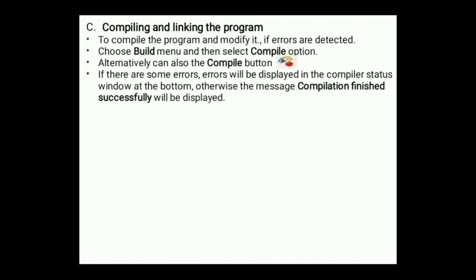Alternatively, you can also use the Compile button. Two methods are there: first, choose the Build menu, then select the Compile option; otherwise, click on this Compile button in the toolbar. If there are errors, they will be displayed in the compiler status window at the bottom. Otherwise, the message "Compilation finished successfully" will be displayed.